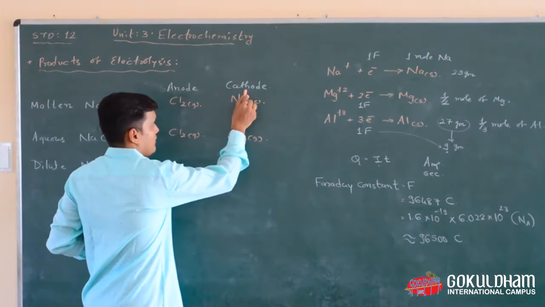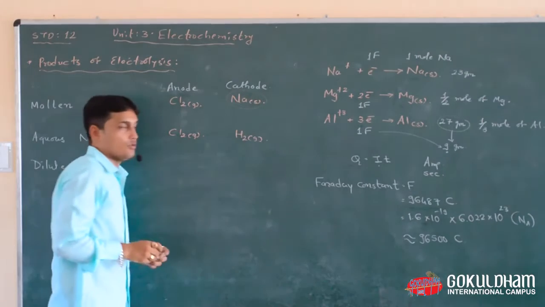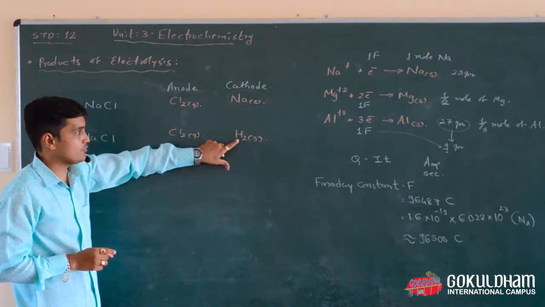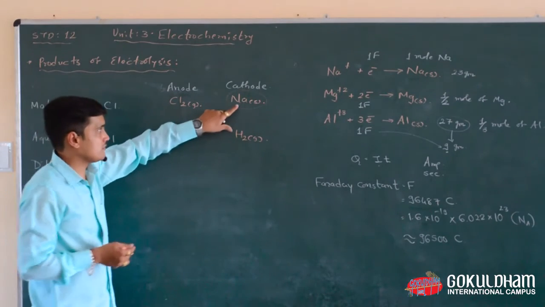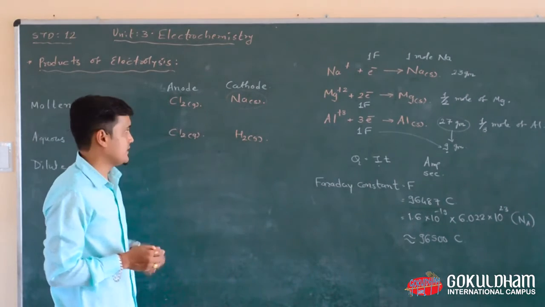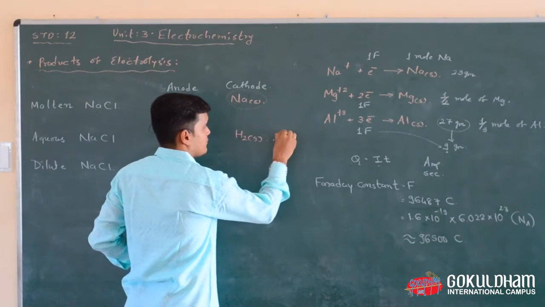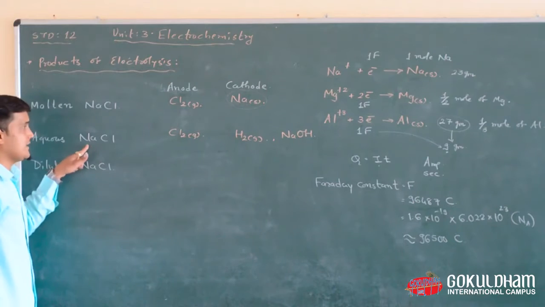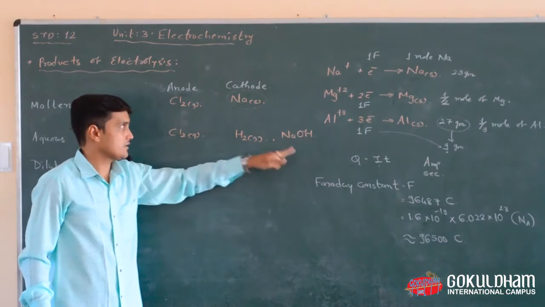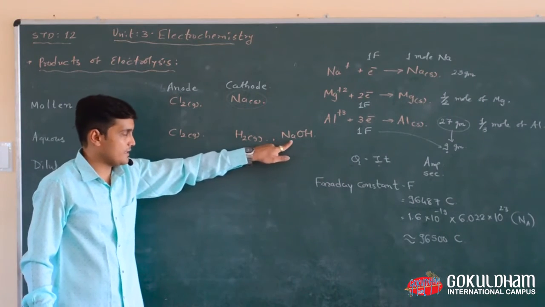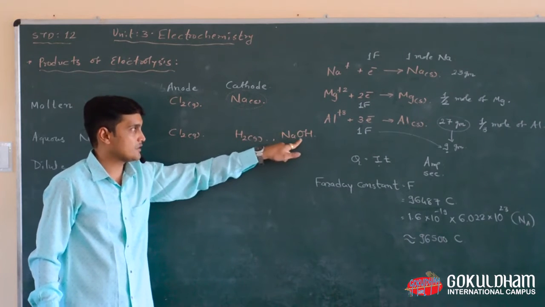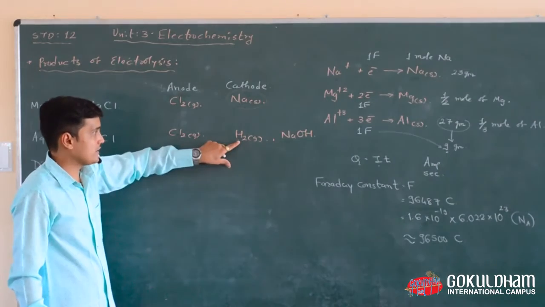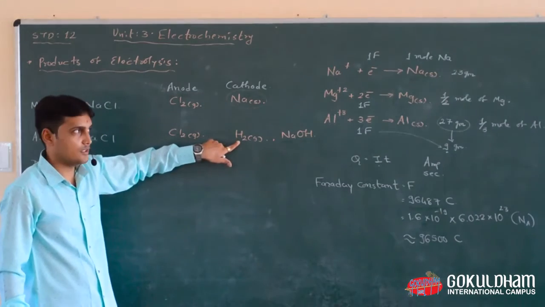So where does this Na go in the beaker? From the water side the H2 is formed on the cathode, and this Na reacts with oxygen. So the third product in aqueous NaCl is NaOH. The Na which is remaining in the beaker reacts with OH minus ion and forms sodium hydroxide. The H plus ion is used in forming the hydrogen gas.